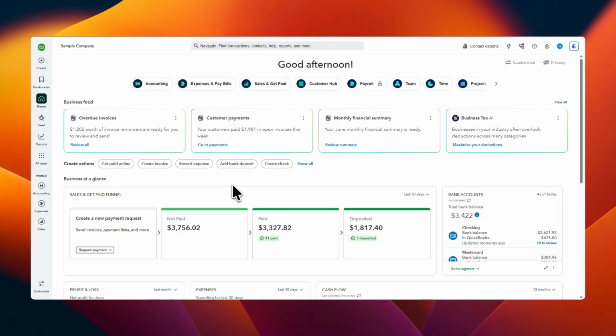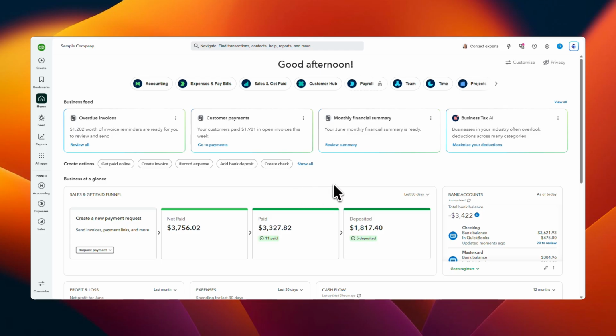In today's video, I'm going to teach you how to manually enter transactions in your QuickBooks Online register. If you need to quickly add a transaction directly into an account register, QuickBooks Online gives you a simple way to do it without navigating through a full transaction form first. This can be especially helpful when you already know which account the transaction belongs to and you want to enter